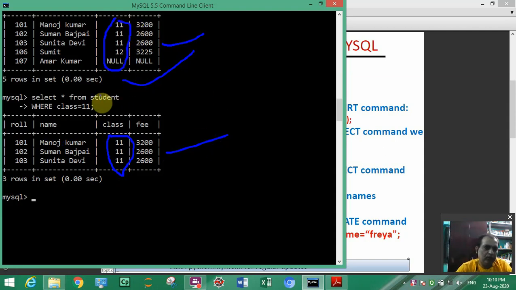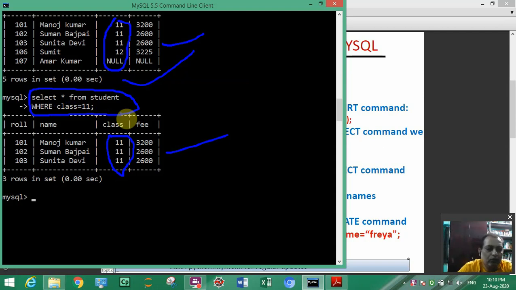So this command is giving you select star from student where class equal to 11. So in this way you can give different conditions in the select statement.